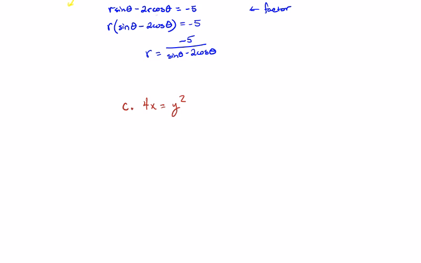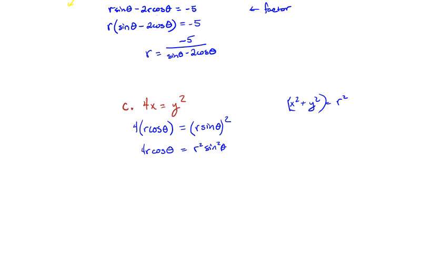All right, let's try another. Interesting. We have 4x equals y squared. In order to use the equation x squared plus y squared, you literally need an x squared and a y squared together. So we're not going to use that equation. We're going to stick with what we used up above, and substitute in r cosine of theta for x, and then equals r sine of theta, but it's squared. So now this is going to present some new problems for us. We have 4r cosine of theta equals r squared sine squared